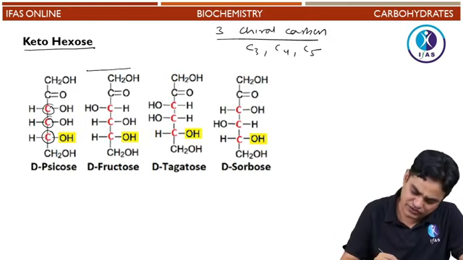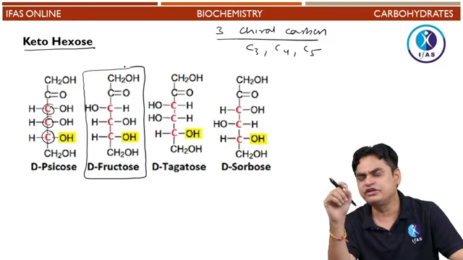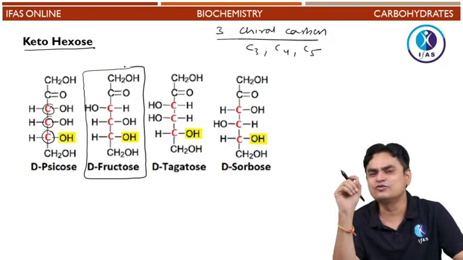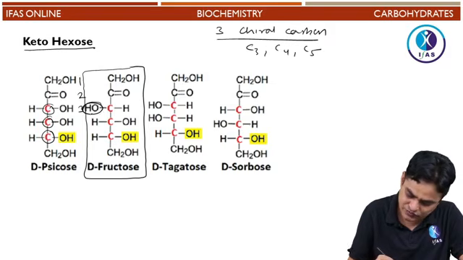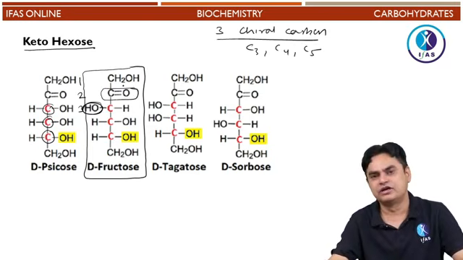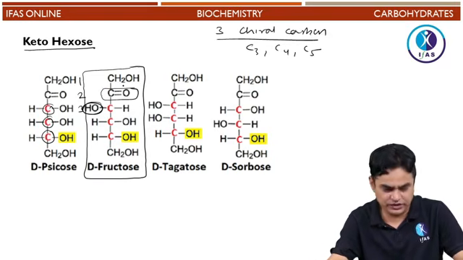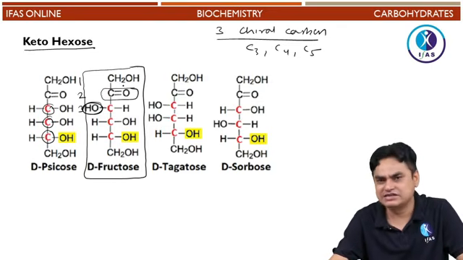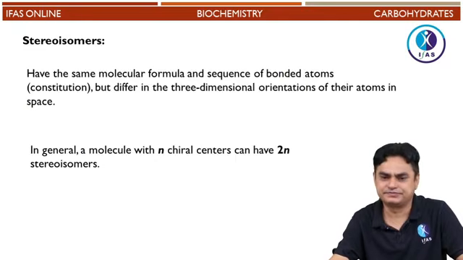You have to remember only the structure of one hexose, that is D-fructose. The structure of D-fructose is similar to the structure of D-glucose. That is, at third position you will have an OH group on the left side. The only difference is that instead of an aldehydic group, it has a ketonic group. So glucose is an aldehydic sugar, while fructose is a ketonic sugar. Thus, structurally it is almost the same. So again, a ketohexose has one carbon lesser, one lesser chiral carbon as compared to the aldehydic versions.